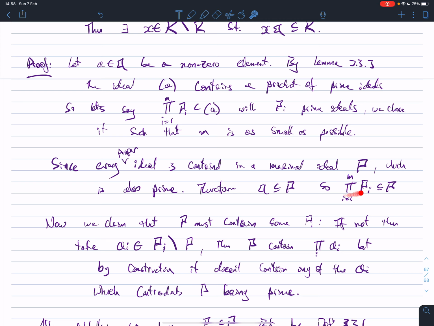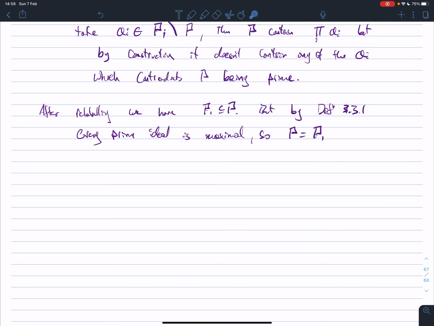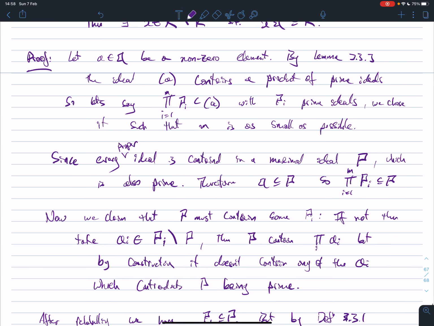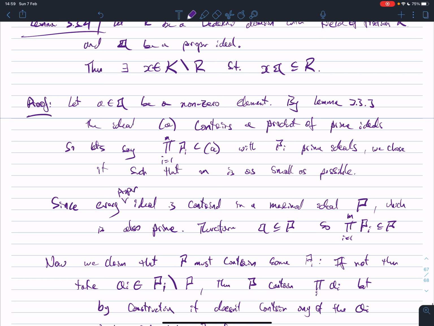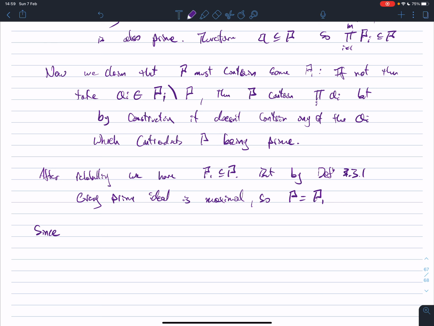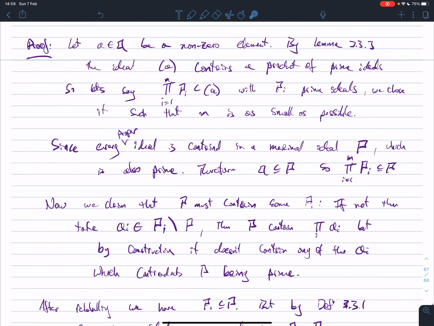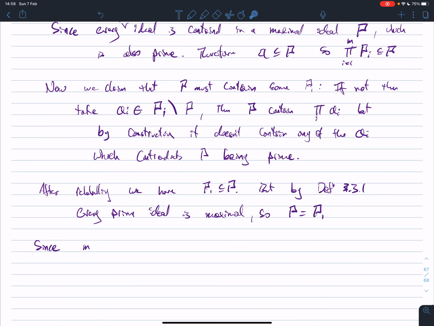And I know now that this P can be written as exactly one of these prime ideals. So we're going to start using this as follows. I'm going to construct the element x explicitly, and x is going to look like b over a, where a is the element that I've taken here, and b is the element I'm about to construct. So since m, remember this m, which is this product, I took it to be as small as possible. I took the smallest product of prime ideals contained in A. So since m is minimal,